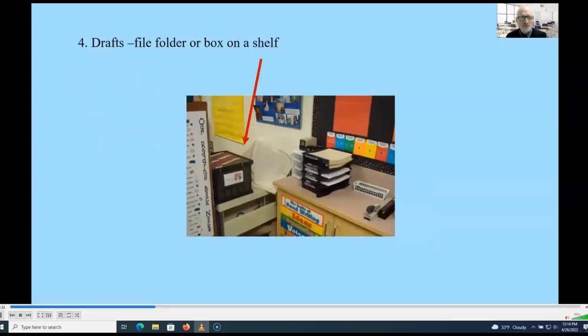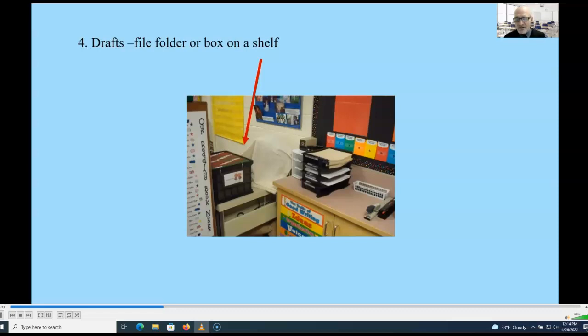And the drafts should be put in a file folder or a box on the shelf, someplace other than the students' desks. If drafts are in their desks, they'll become lost. I always have my students put it in a file folder in a box someplace like this. And I do this with elementary kids and my college students at Minnesota State University, Mankato. Absolutely. Then I'm able to go through every day, look at 3 to 4 or 5 of these, and I'm able to monitor students' writing progress.